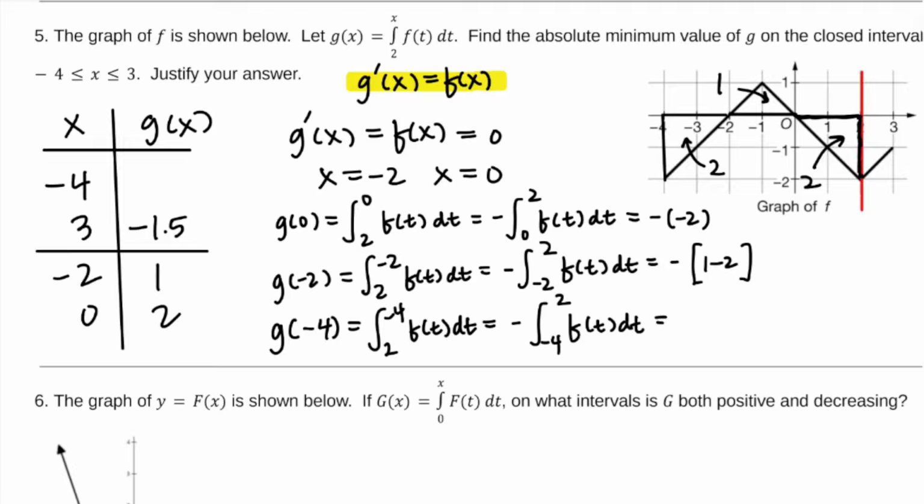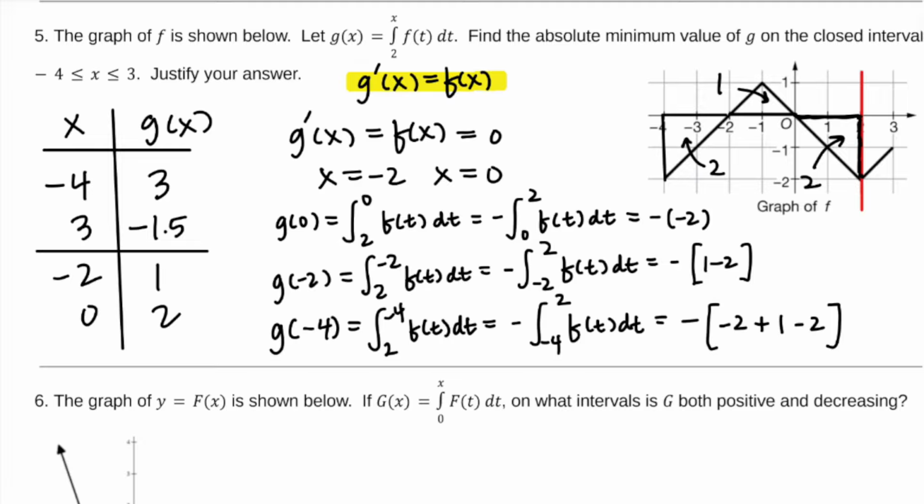And that's going to be the negative of negative 2 plus 1 minus 2. Okay, so I've got negative 3 made negative, that's positive 3. All right, so it's going to be